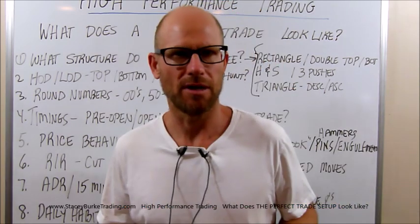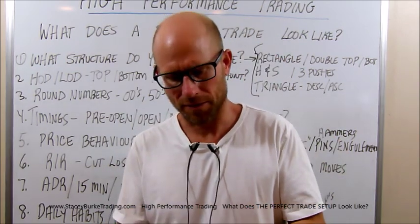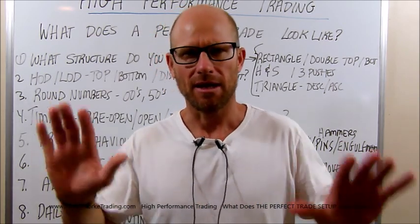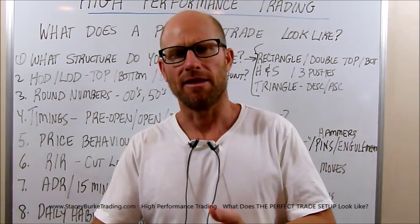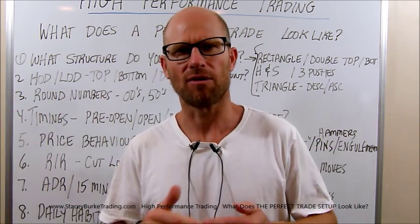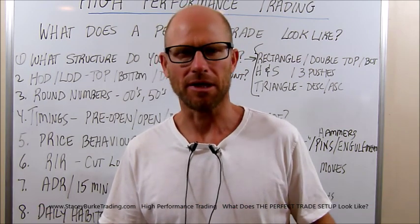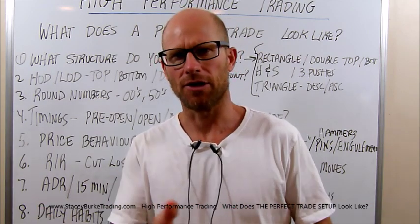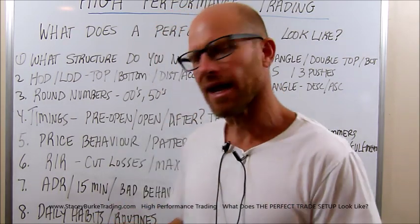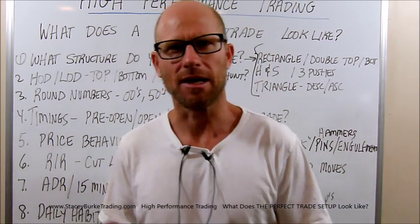This is the hardest way to make easy money. You're up against the best people in the world. They've got the best access to information, to equipment. They control the book. They know how many people are long, how many people are short. They provide all the liquidity. They see everything on their screens. They are there to take your money. They're the most competitive people in the world, and the only way that you can bulletproof yourself for success,